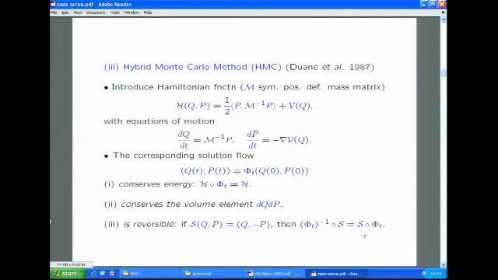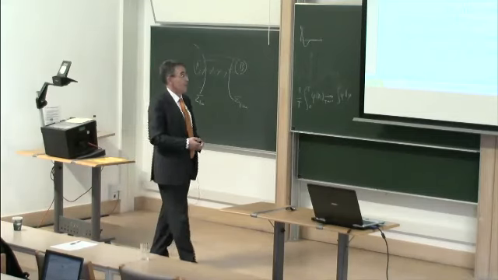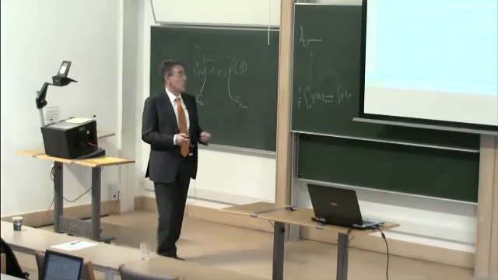So this is really Newton's second law, and this is of course the definition of the momentum. And with this system of differential equations, we consider the corresponding solution flow. And as everybody knows, this solution flow that maps our initial condition into the values of the solutions at time t has manifold interesting properties,